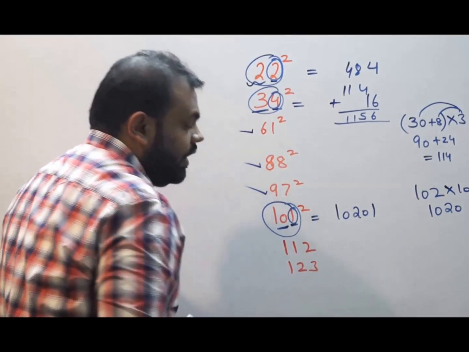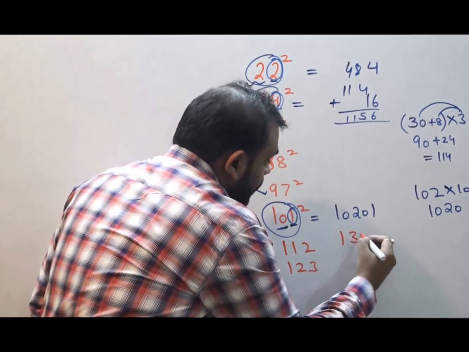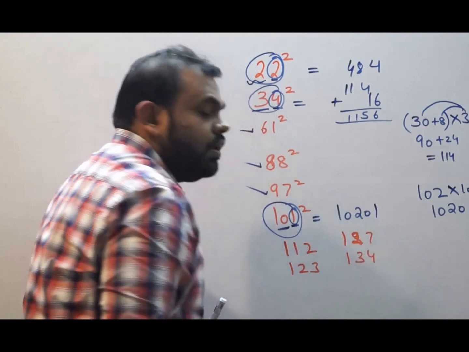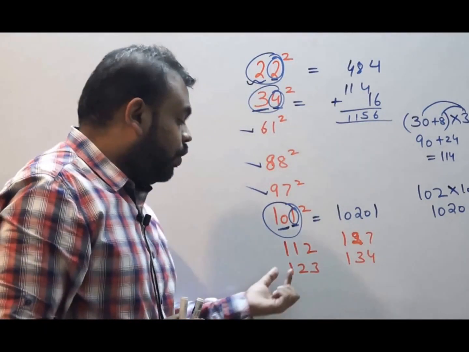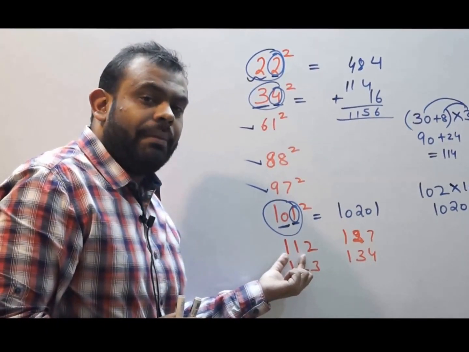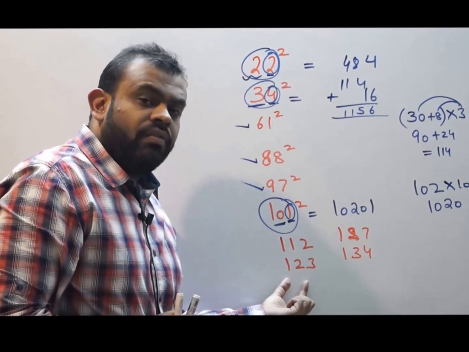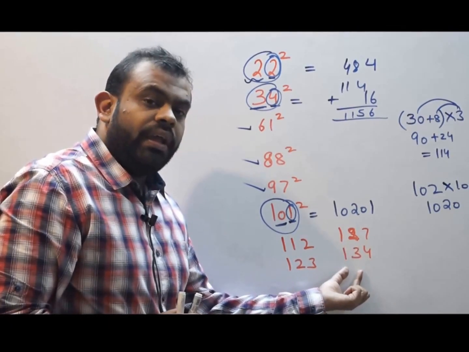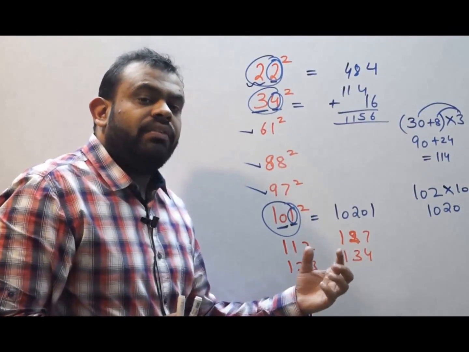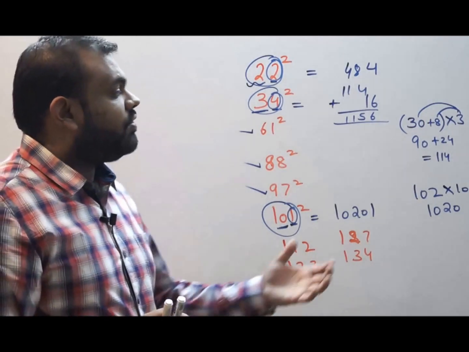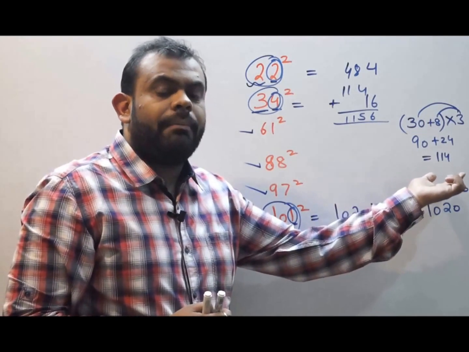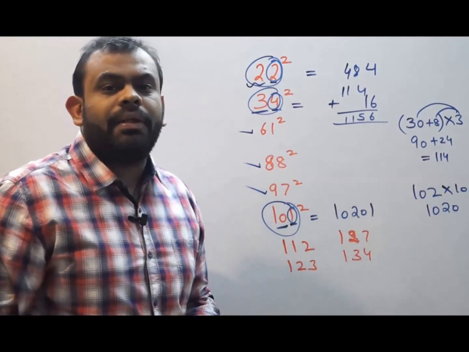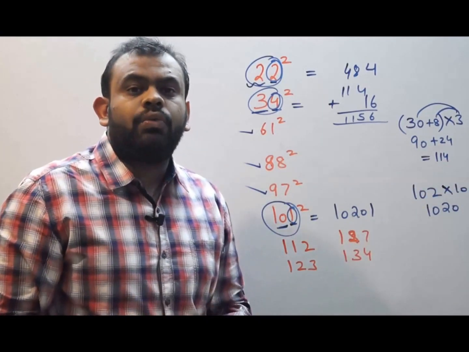Again pause the video and solve the examples like 112, 123, 120, 127, 134. Just you need to keep in mind that over here you need to multiply the number with 11, over here with 12, over here again with 12, and over here again with 13. The multiplication is not very tough because I have discussed a small concept of splitting the numbers and then multiplying it. In one of my videos, I will discuss the splitting method in full detail. Kindly go through that video.